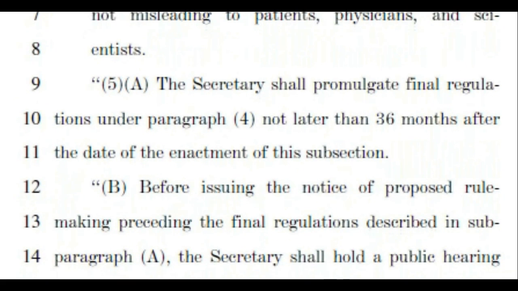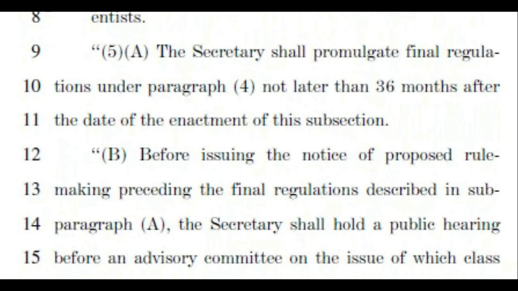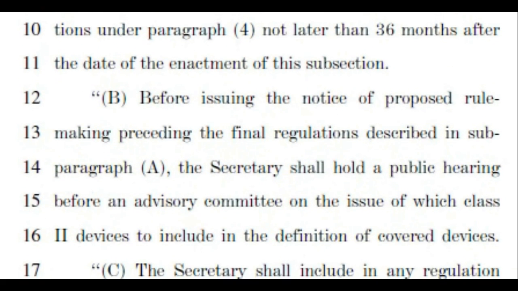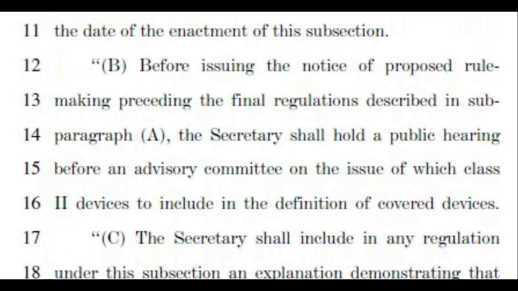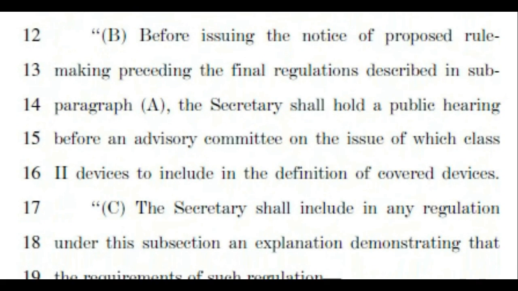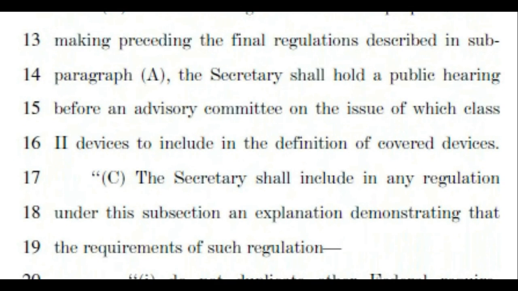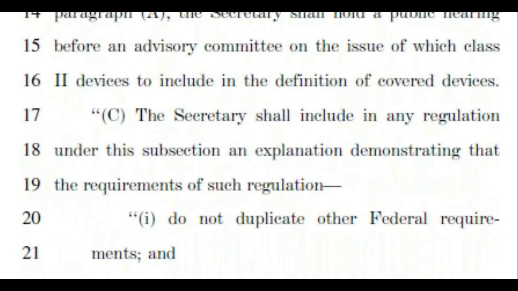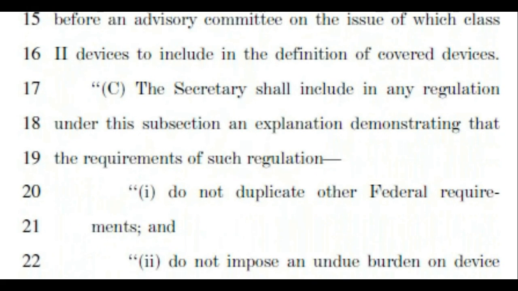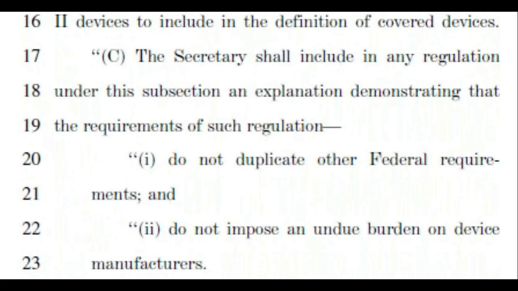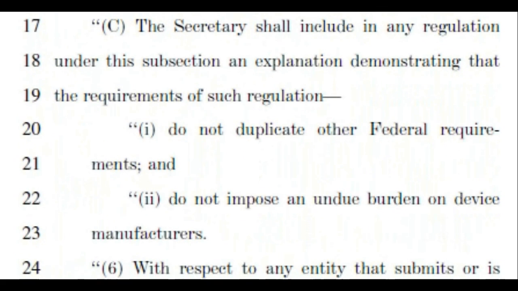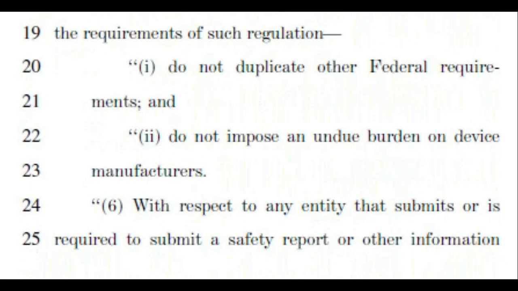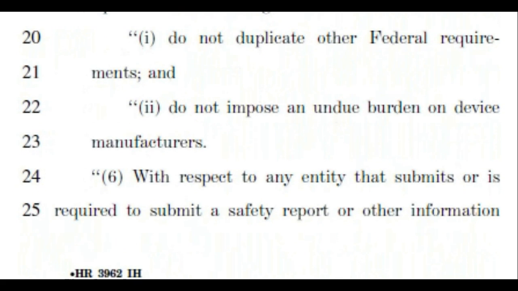lists of adverse events, and other information the Secretary determines appropriate, which may include data on comparative safety and outcomes trends. (E) Shall establish procedures to permit public access to the information in the registry in a manner and form that protects patient privacy and proprietary information and is comprehensive, useful, and not misleading to patients, physicians, and scientists.